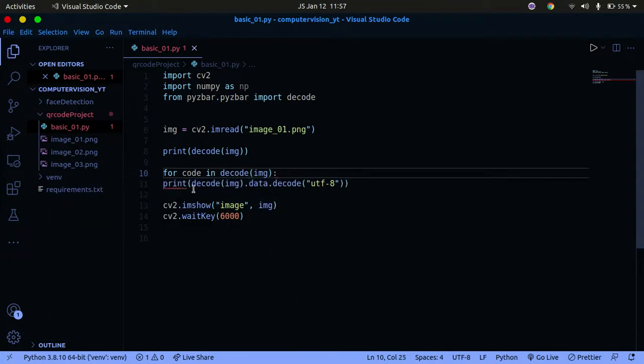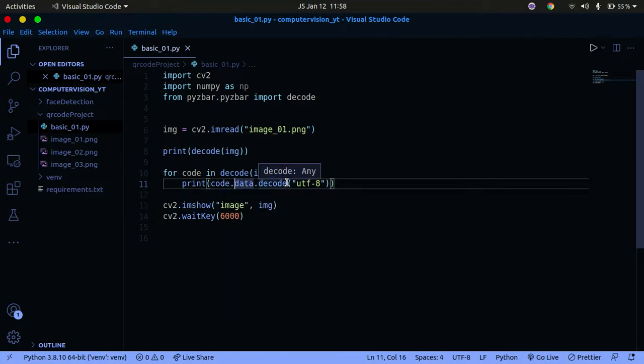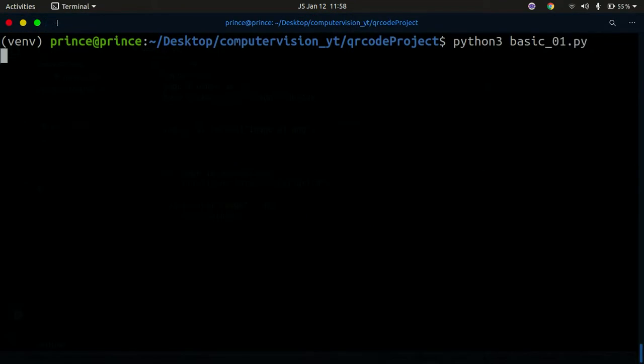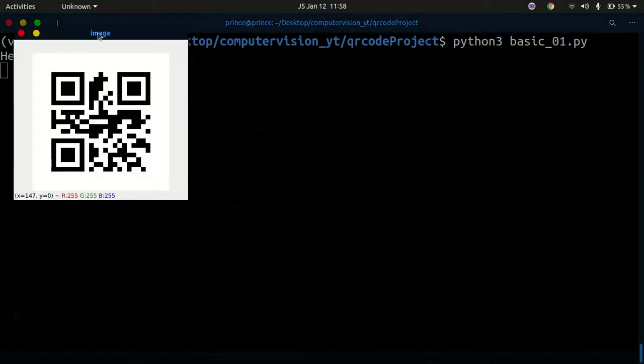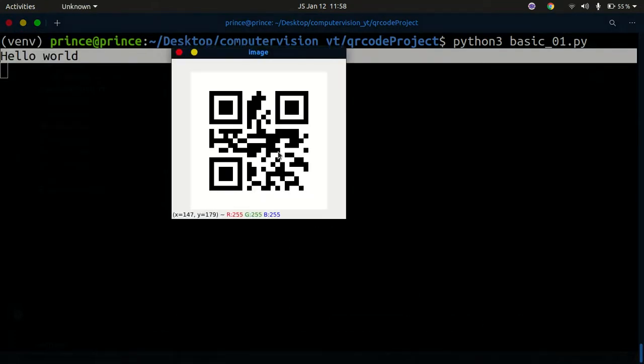All that information is going to be stored in there. So for each of those codes, I'm going to get the data, and then I'm going to decode that data using UTF-8. So I can even delete this if I want, and I can go ahead and clear the terminal and run that code one more time, and you can see we get back hello world, and hello world is the information that is stored inside of this